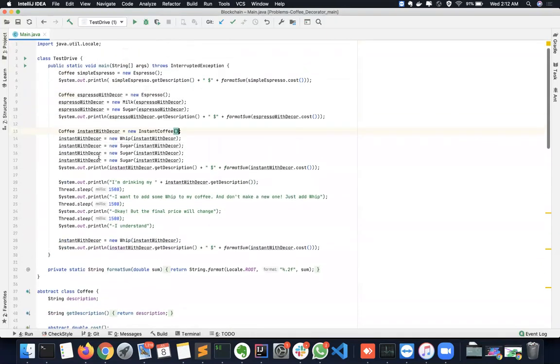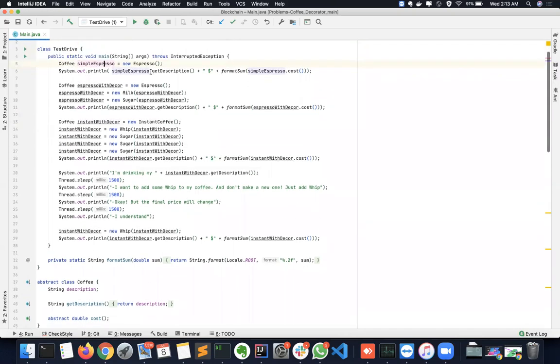So let's see how coffee is being prepared. A simple espresso can be prepared using the decorator class. A new espresso is being instantiated. Simple espresso dot get description. So I'll get the description of that espresso, and I'll get the cost.